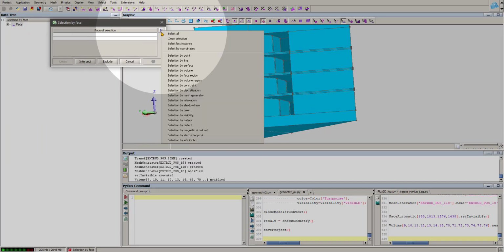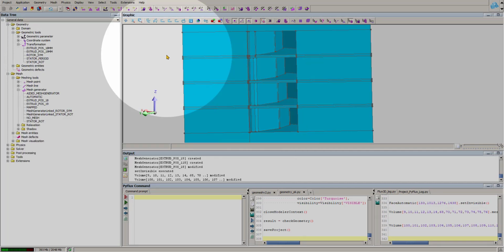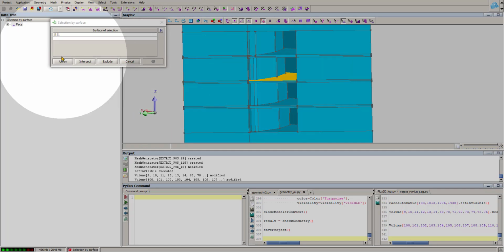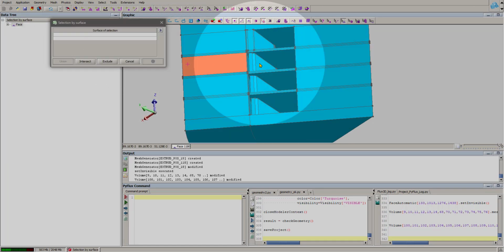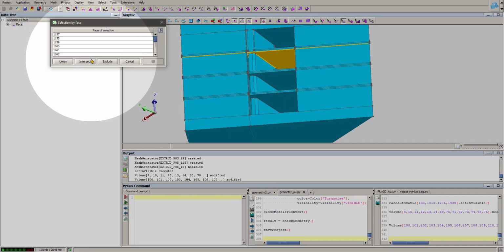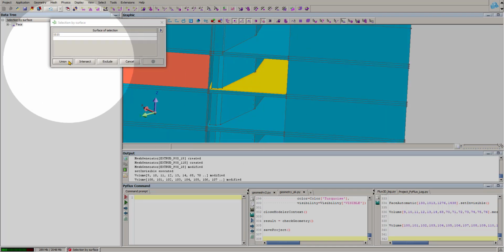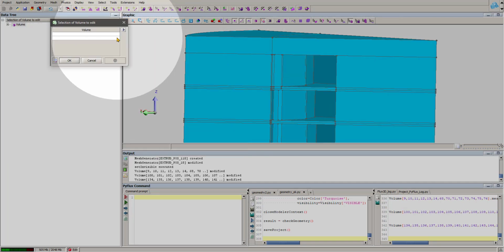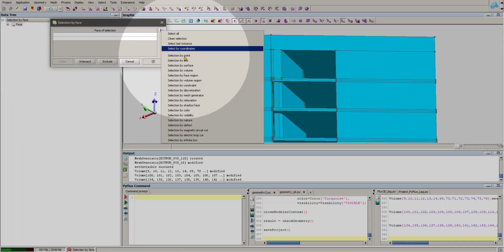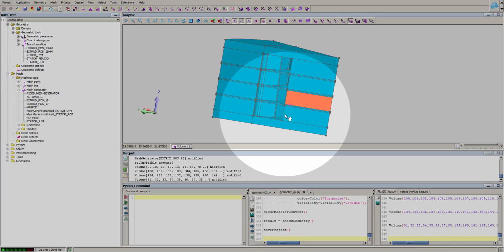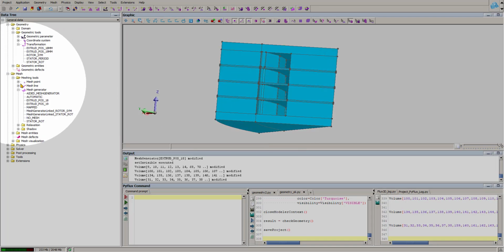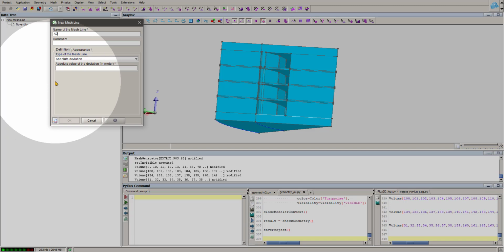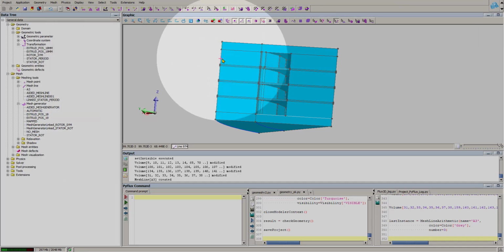and I can select all the volumes of the layer at one time, and I can assign them the corresponding mesh generator extrusion I created. I go faster here because it's exactly the same process. I use the selection by relation in order to select the volumes I want for each layer. Okay,